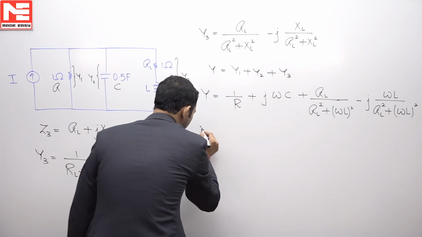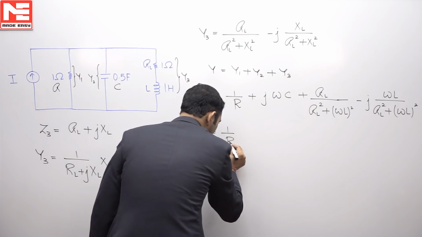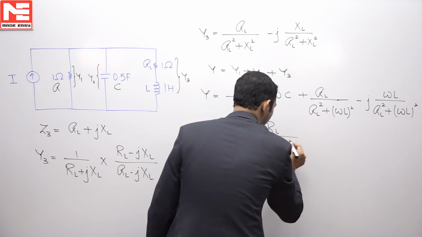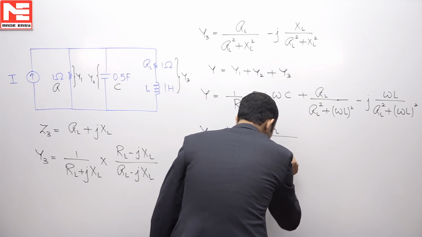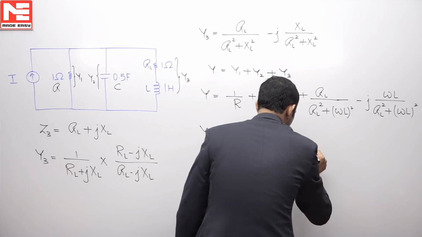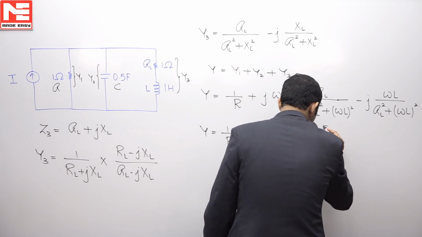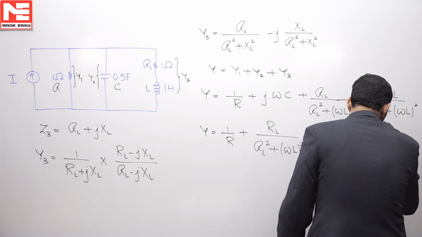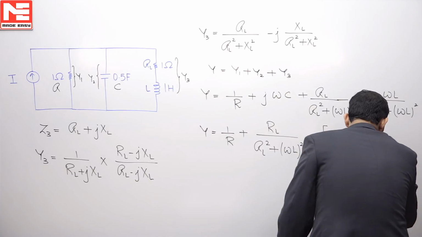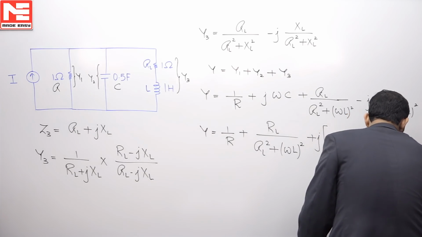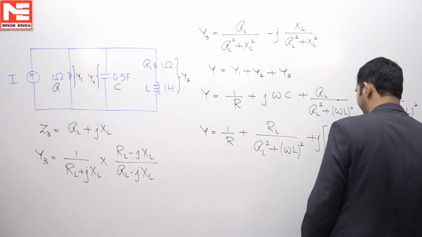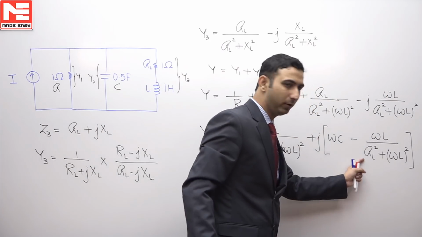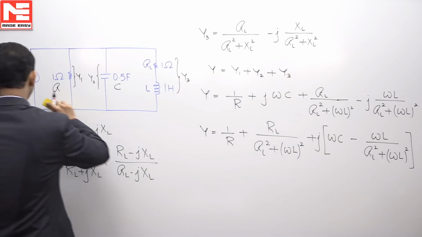This can be further written as Y is equal to 1 by R, I am separating the real and imaginary terms. So the real term will be 1 by R plus RL upon RL square plus omega L whole square, plus j times omega C minus omega L upon RL square plus omega L whole square. Now we know that at the resonant frequency this imaginary term will be equal to 0, therefore equating it to 0,